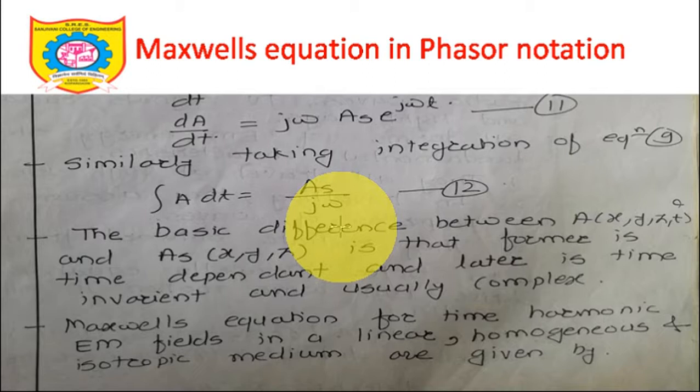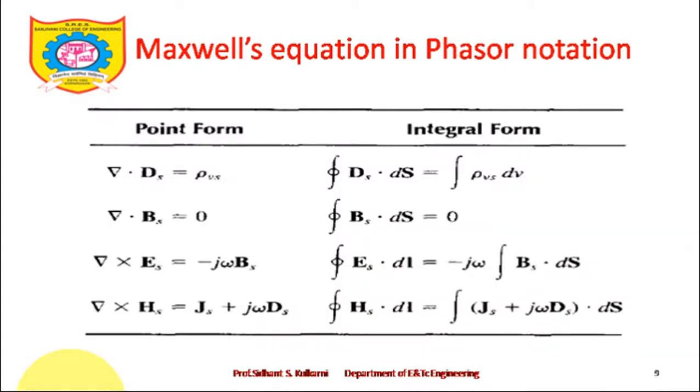So the basics for Maxwell's equations are clear, and let's apply what we have studied to Maxwell's equations and see how they will look. Just take a look at this, and in the next video we'll talk about Maxwell's equations in detail, where these vector fields are represented by D_s, then rho_vs with a subscript s. Once again, divergence means a closed surface, so the closed surface integral of D dot dS equals the integral of rho_v dv, and all these things we are going to discuss in the next lecture onwards.